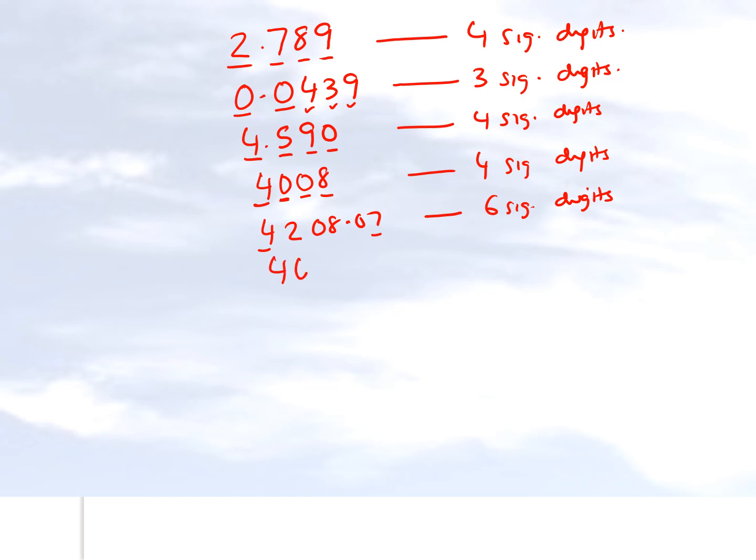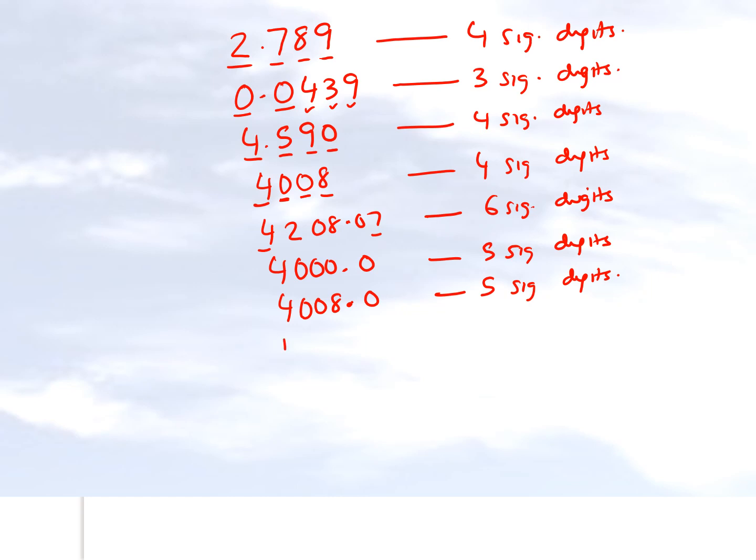So let's look at this number here, 4000.0, and in this case we'll have 5 significant digits. And why is that the case? It is because all the zeros to the right of the decimal point are significant. So which brings us again to another example like 4008.0. How many digits are correct? We'll have 5 significant digits here as well because all the zeros to the right of the decimal point are considered to be significant.